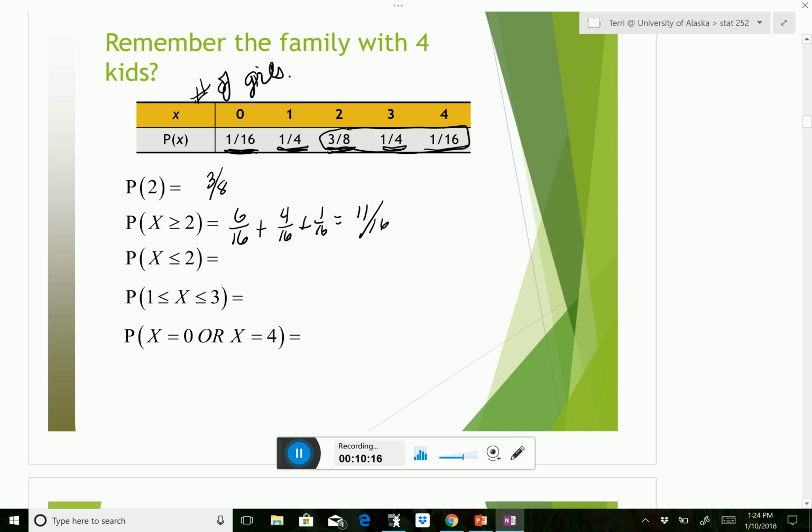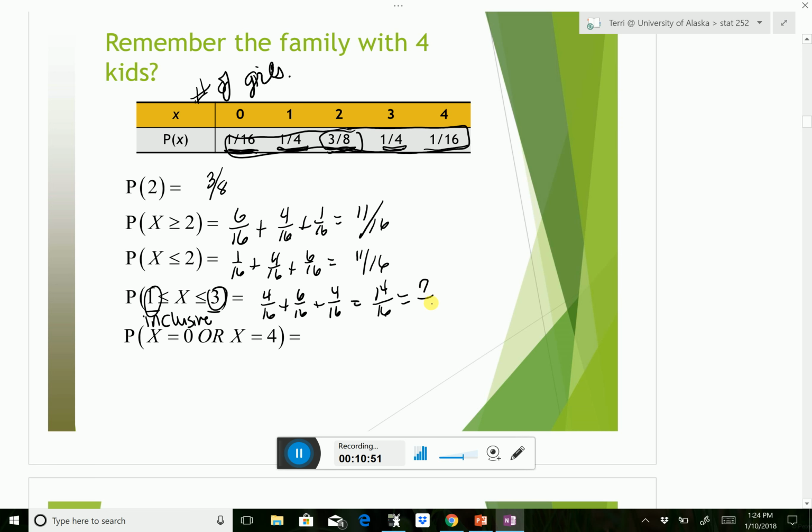Less than or equal to 2 girls. Well, that's these numbers, which are the same numbers, only backwards. So again, same thing. What is the probability they have between 1 and 3 girls inclusive? You're going to see that word inclusive. It just means we're including the endpoints here. That's going to be 4/16 plus 6/16 plus 4/16, which is 14 out of 16, which is